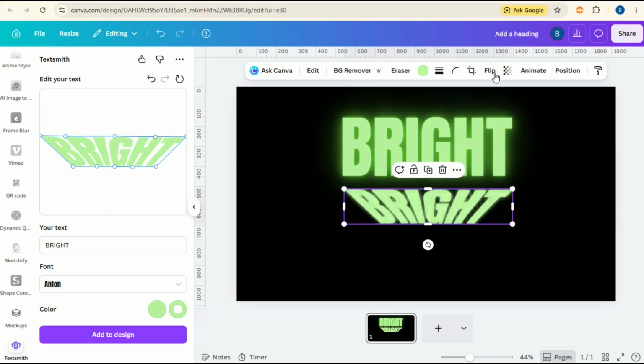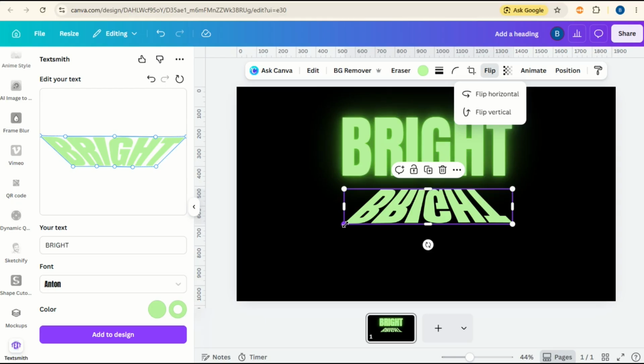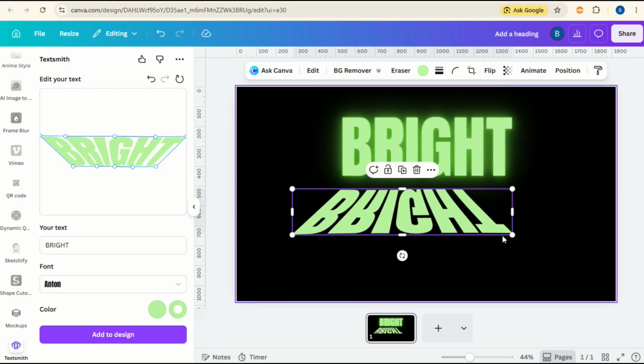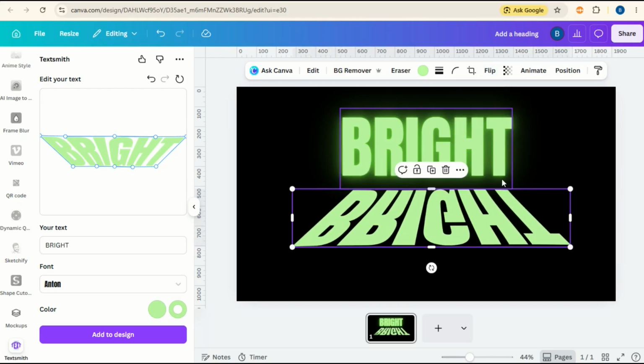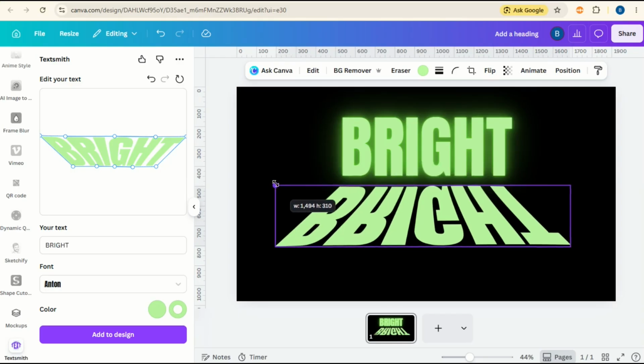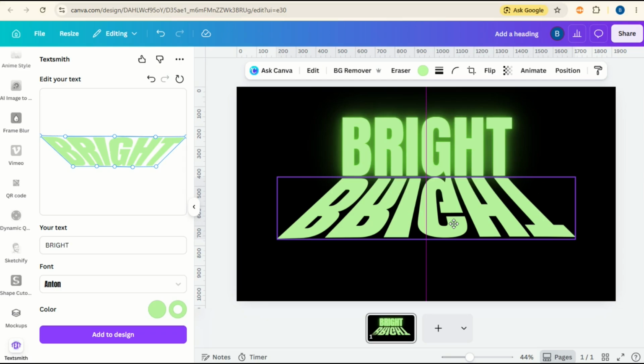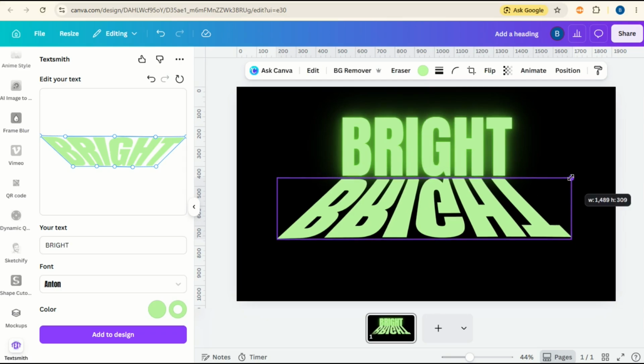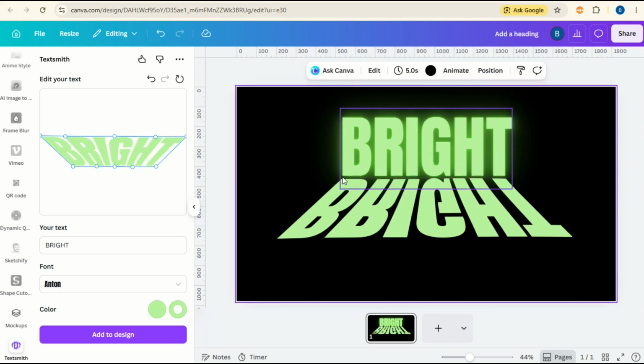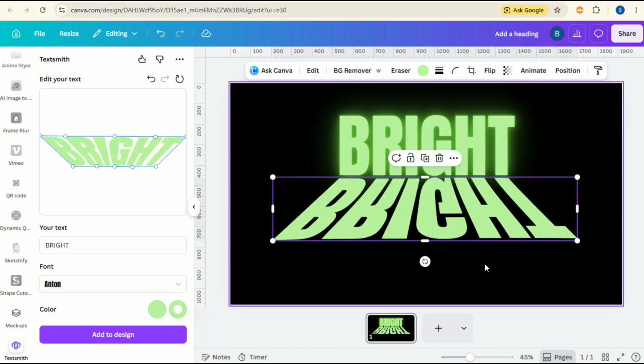Now we're going to go to flip and flip vertical, and we can bring this out. And we want to line the text up together. And you can bring the letters under each other and just make sure you leave a little gap here in the middle. Once you're happy with the text, you can go to Edit